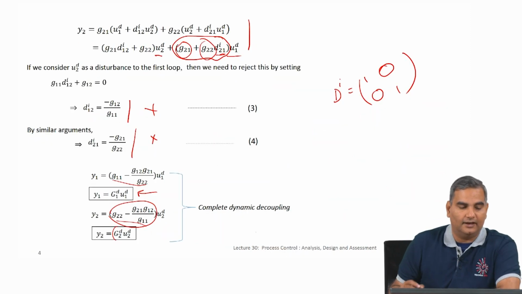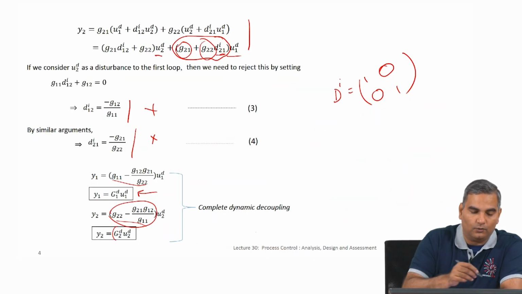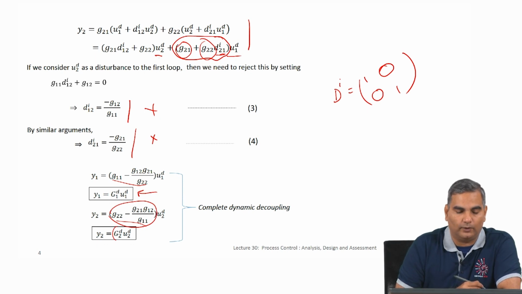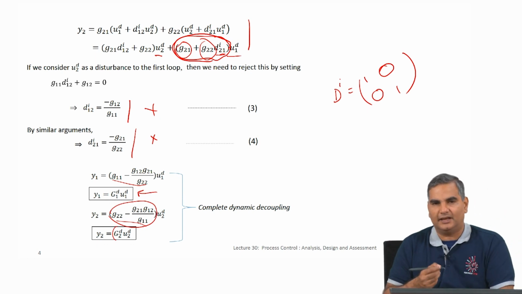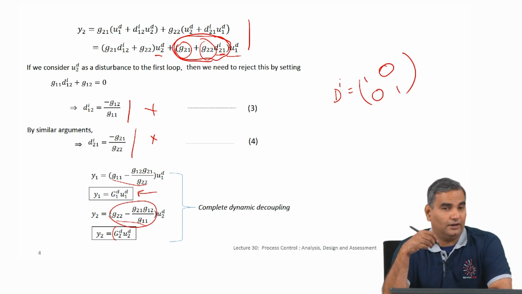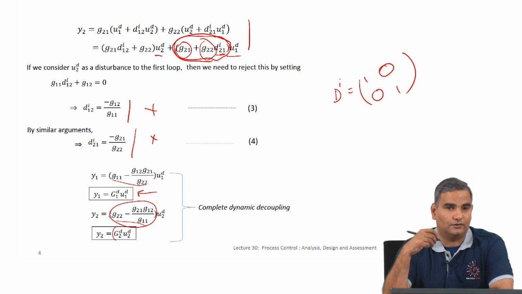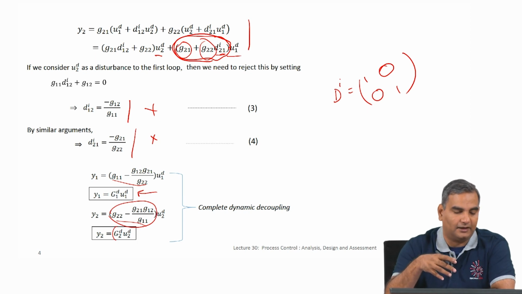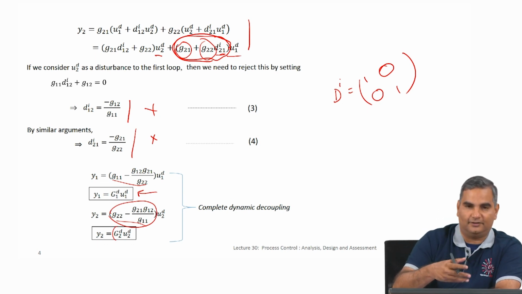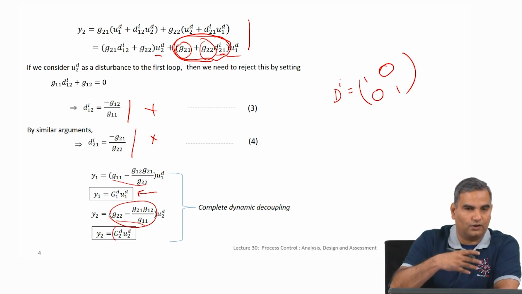And similarly, when you talk about Y2, again we want only U2 decoupled to have an impact on Y2. So, the transfer function which is multiplying U1 decoupled was set to 0, much like how we did this in feed forward. So, what we initially at the very beginning of this course talked about, in terms of being able to think of the inputs from the other loops as being disturbances to the main loop and so on, how we actually treat that mathematically and how we actually make sure that the effect of the other input goes to 0, is seen now after several lectures and through a progression of ideas.